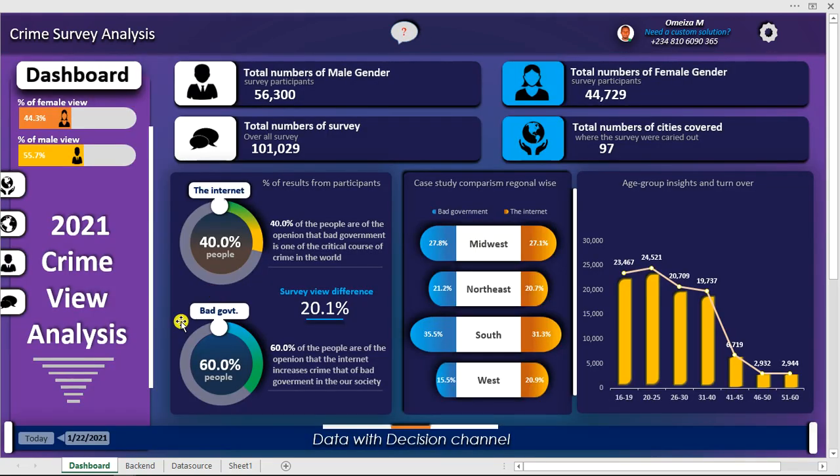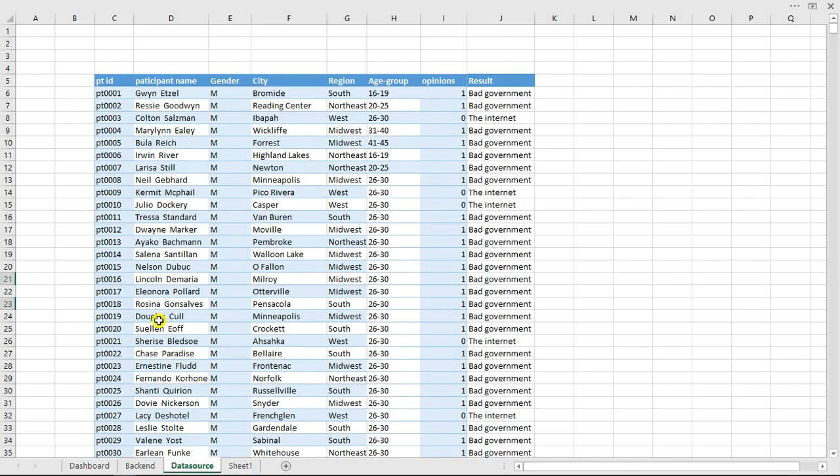So we've got this particular data set right here. We have the ID of the participant, there is no duplicate. You have to participate once, and we have the gender, the city, the region, and the age group that participated, and now we have the opinion of people. If it is 1, it is bad government. If it is 2, that means you agree that the internet is one of the causes of the increment